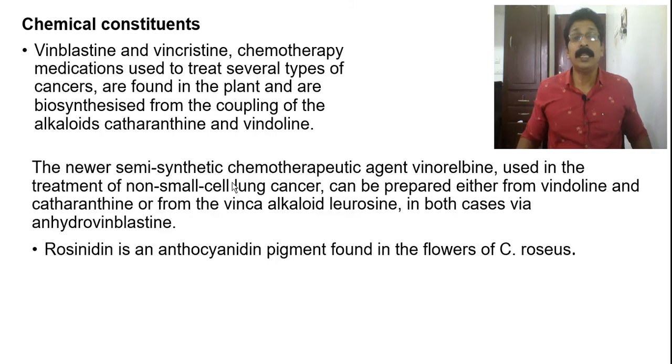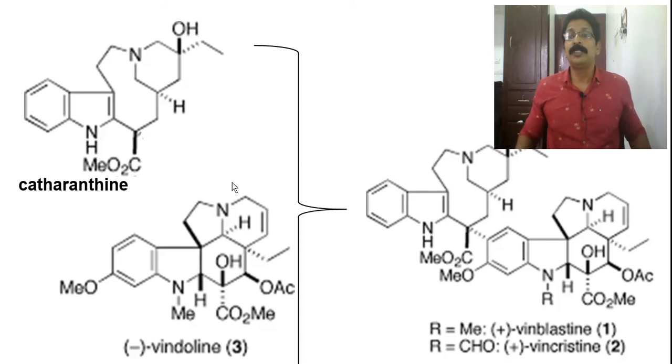Rosinidin is an anthocyanidin pigment found in the flower of Catharanthus roseus. So this is also one pigment which is found in the Catharanthus roseus flower. It is also a chemical constituent when you are studying. So you see the structure